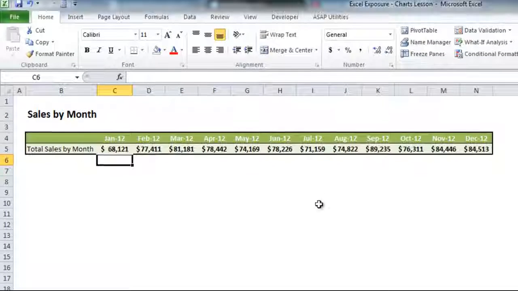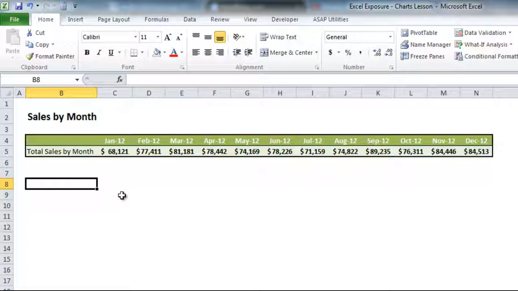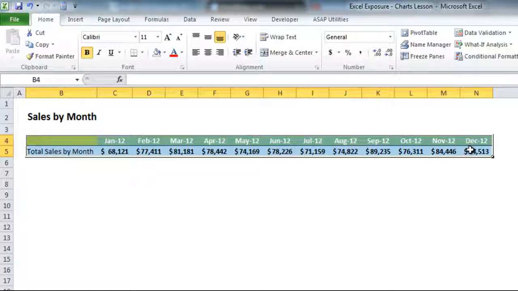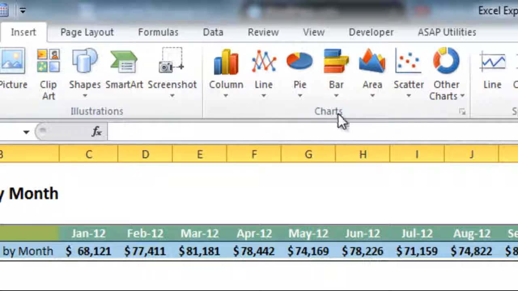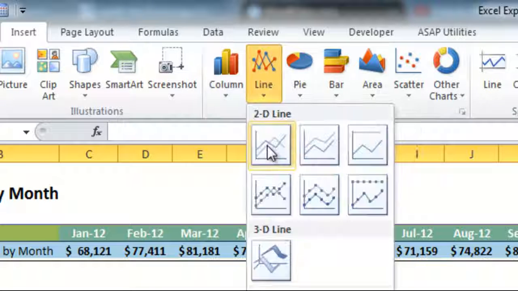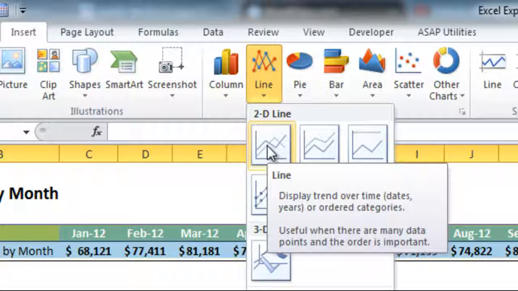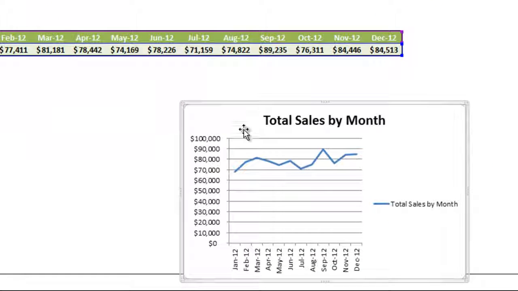So first we will start with sales by month, and we'll go ahead and insert a line graph to look at the trending of sales over time. In order to do that, we will highlight the sales by month. Up top we will go to Insert, and you'll see there's a charts area. This has multiple different types of charts. In this instance we will use a line graph, so I'll pick a 2D line, the first option on the top, and click it. You'll see it automatically comes up with a version of the chart,